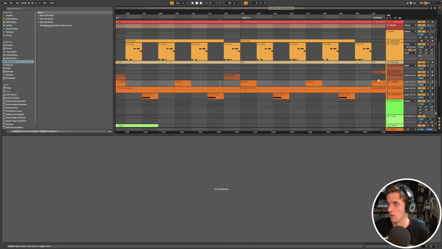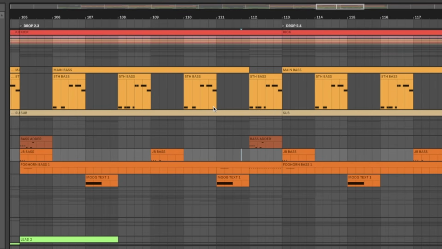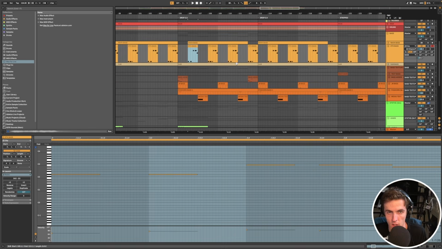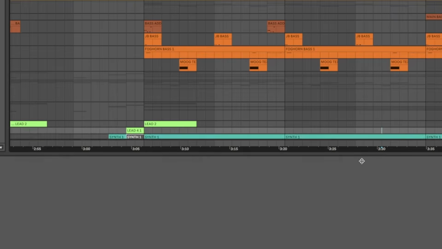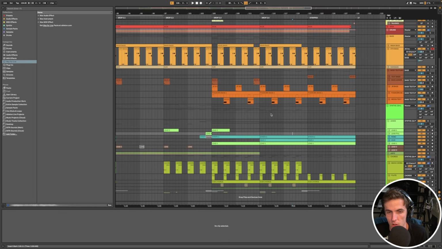So I'm basically adding a lot of counter melodies, but I'm also taking care that the main melodies still shine through. So that's roughly how the mixed melody technique would work and how I'd approach it to begin with. This is literally just the bass group, but if I quickly show this, what I've got is